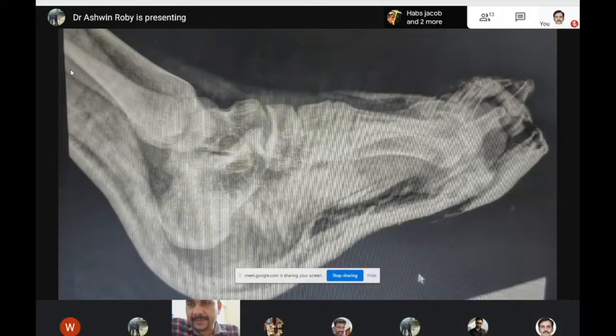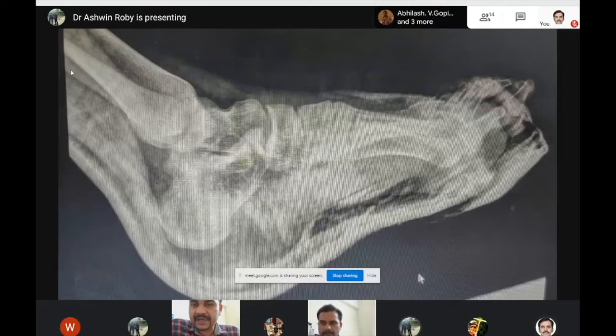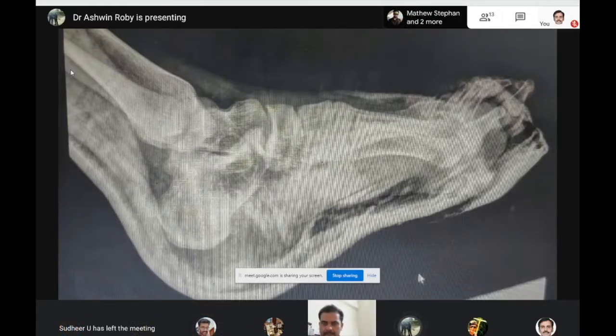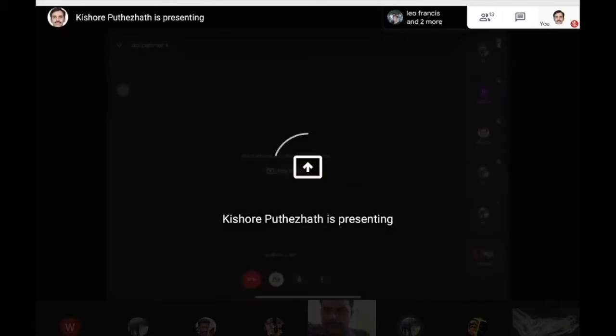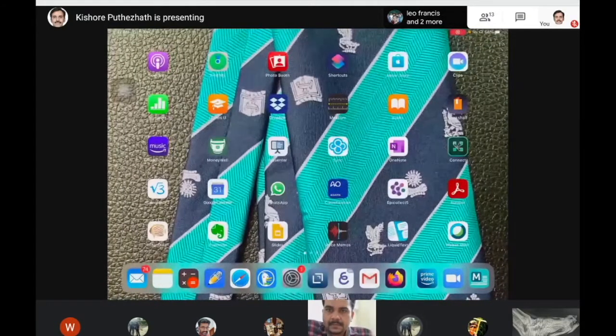For the junior PGs, whenever there is a high velocity injury and severe swelling in the foot or in the hand, you cannot make out much from the X-ray because of inexperience. In the foot, think of Lisfranc, and in the hand, think of carpal instability. So, what is Lisfranc injury? Lisfranc injury is an injury to the Lisfranc complex. It is the tarsometatarsal joint complex of the foot. It can involve bony as well as ligamentous injuries involving the tarsometatarsal complex.